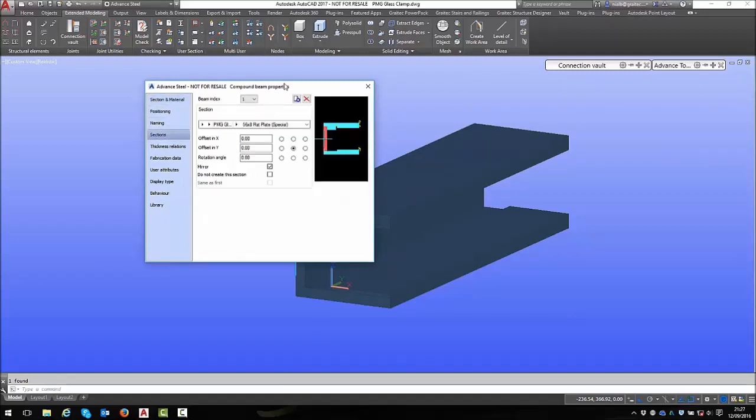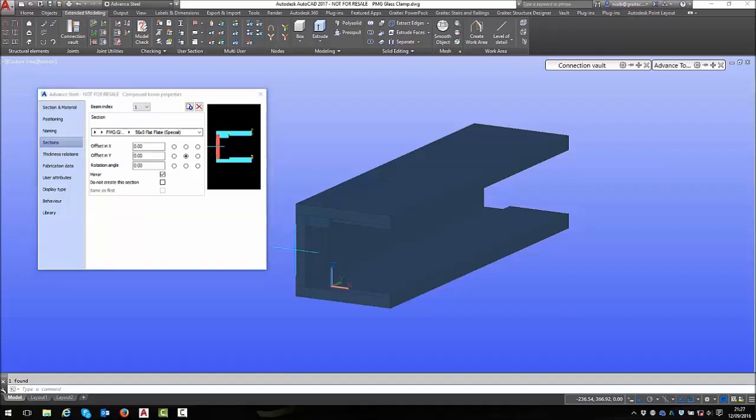And if I go to sections, you can see from this, section 1 is this piece here. And it's a 56 by 8 flat. This is a special, but I've added it to the flat library in Advanced Steel. There's no point in making a user section, I just added it to flat. I've said special, and that tells me that it's a non-standard component. If I go down to 2, here's number 2, this is an 80 by 8 flat, standard piece. Flat again. 4 is this packing piece, a 20 by 8 flat, so a standard flat. 5 is a 50 by 3 flat, and if I were to double click on it, I've set the material to rubber, and again 6 is a rubber strip as well. It's this one here. Okay, so this is a compound beam,